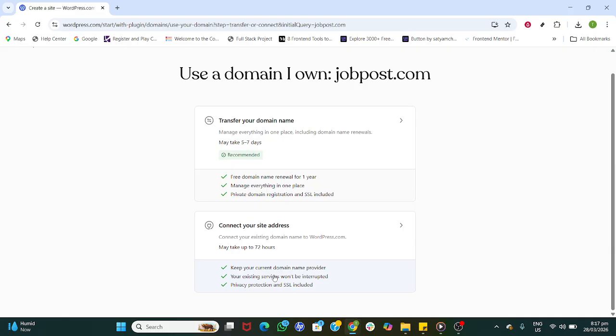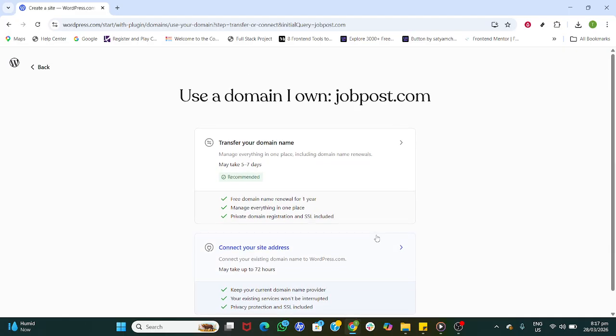That's it for getting your WordPress site ready to build a job board powered by RSS feeds. In the next phase, you'll add your feeds, map fields, and